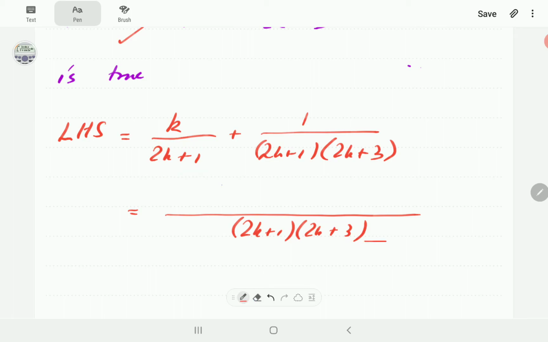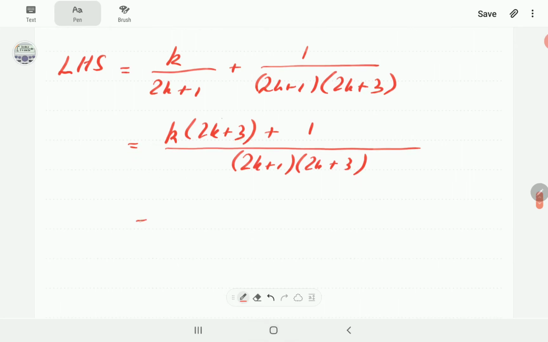This term goes here 2k plus 3 times, so we're going to have k into 2k plus 3, and this term goes here once, so that's going to be 1. So in the numerator we're going to have 2k squared plus 3k plus 1, all over